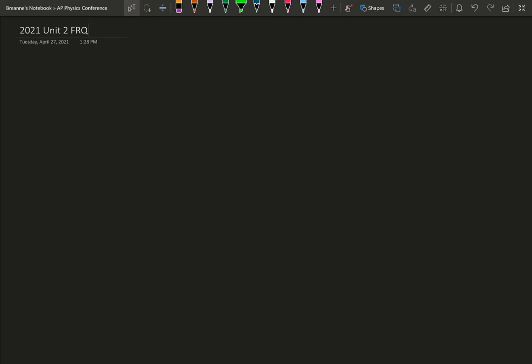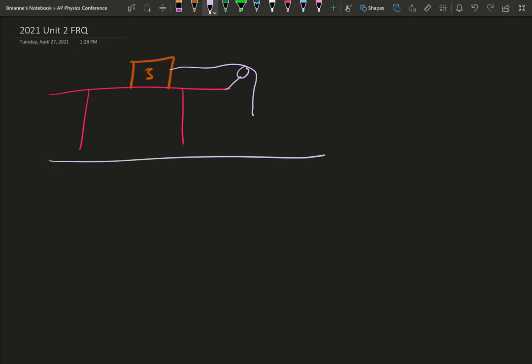So question 1 states, this question is a long free response question. Show your work for each part of the question. Then you see a little diagram. It's a table. Let's go ahead and draw it out. So it's a table with a box here, and it says 3. And we have a little pulley, string coming down, and ground, and then we have